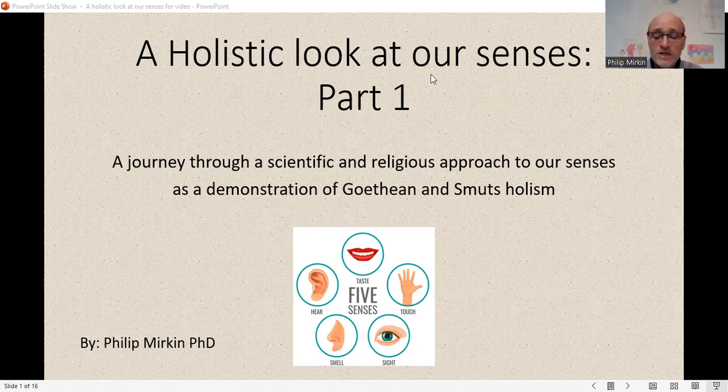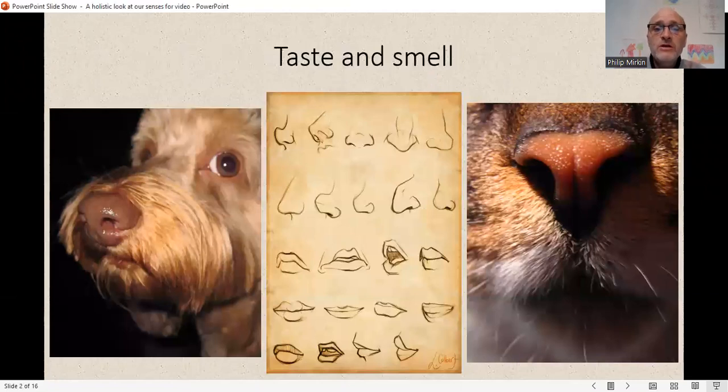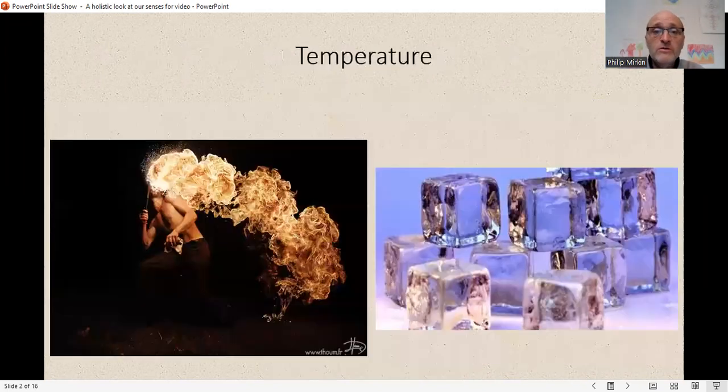So the first stimulus that gives us a sensation that we're looking at is probably the most physical. These are little molecules. Maybe they drift into our nose through the air or come into the mouth from food that we eat or something we drink. And when the molecules match the little chemoreceptors that we've got in the nose and in the mouth, they will fall into these receptors, resonate in harmony, and generate a nerve impulse. And those nerve impulses go to the appropriate part of the brain and stimulate the brain to bring us a sensation of a particular smell or a particular taste. And that's because of the particular sizes and shapes of the molecules.